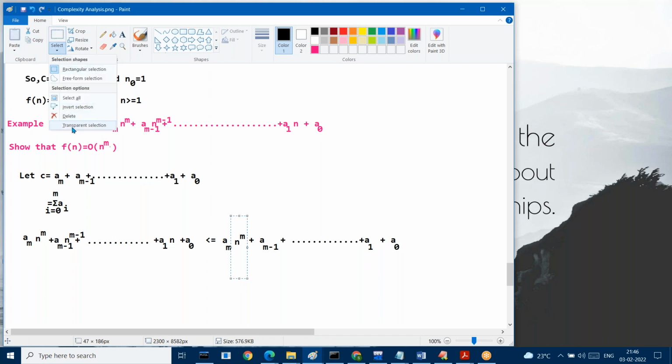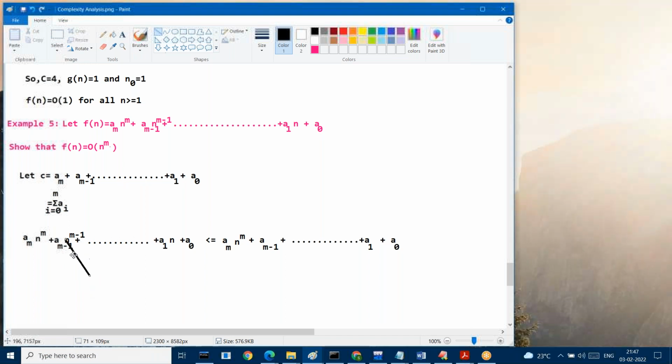Now the second term is what? am minus 1. Now on my left hand side, am minus 1 is multiplied with what? n to the power m minus 1. But instead of multiplying n to the power m minus 1,